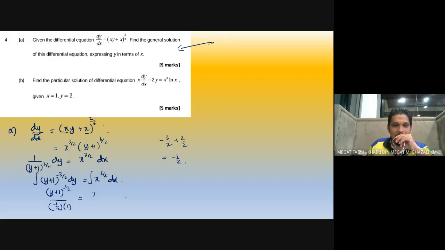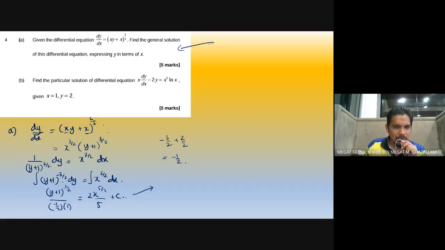And x power of 3 over 2 plus 2 over 2, 5 over 2 divided by 5 over 2, or change the position upside down, it becomes 2 over 5 plus c. So this is going to give you what we call,